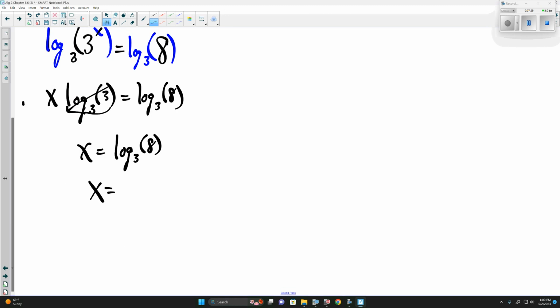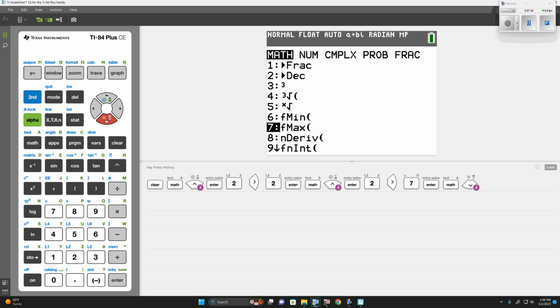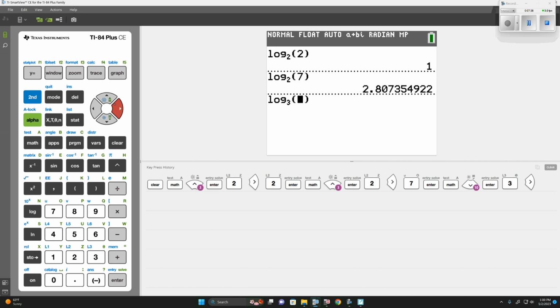If we plug this in, log base 3 of 8, we can go to math. Log base 3 of 8 is